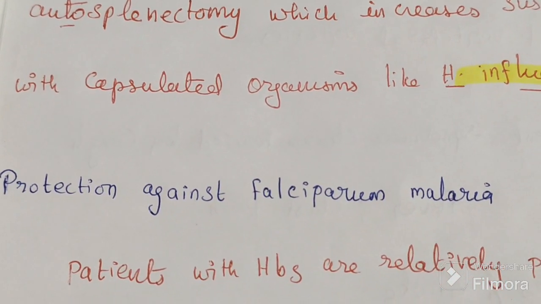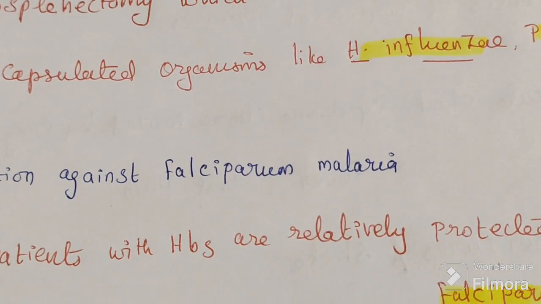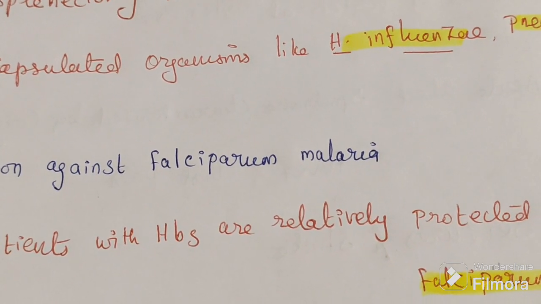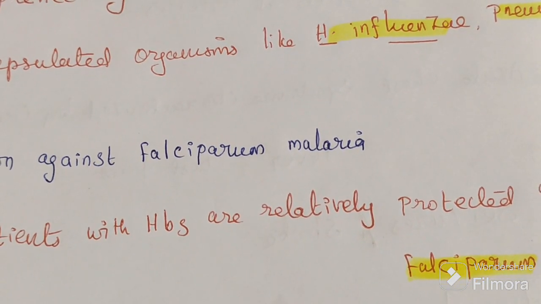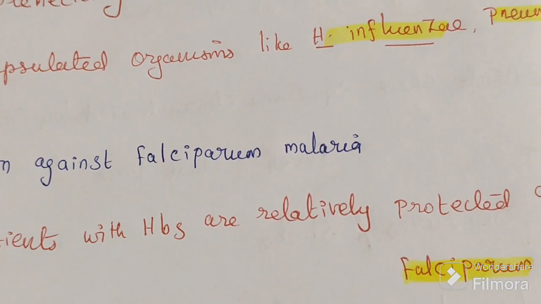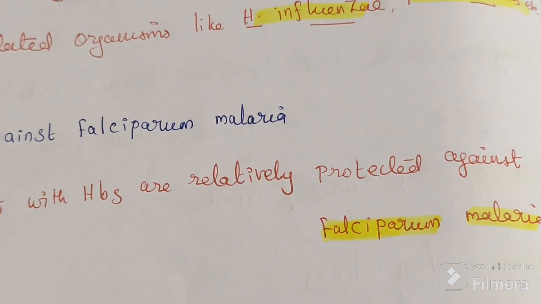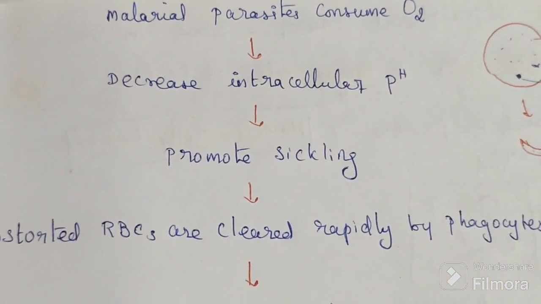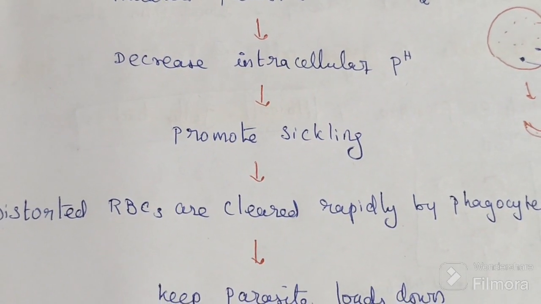Next, protection against falciparum malaria. There is protection now, a special property. All persons with sickle cell anemia are protected against malaria. So there is one advantage of having sickle cell anemia. Why? The person is protected against that